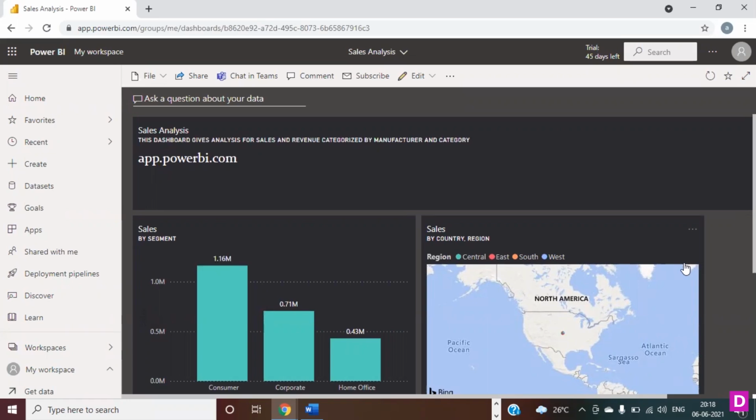Now what I want from you is to go ahead and practice all this that we have discussed here. Give your focus to that insights option. Try to use it. The next agenda in the coming part of this module is that we will pin some more visuals into the dashboard. I'll show you how to pin some more extra visuals onto this existing dashboard, and then we'll see how to use this NLP feature,